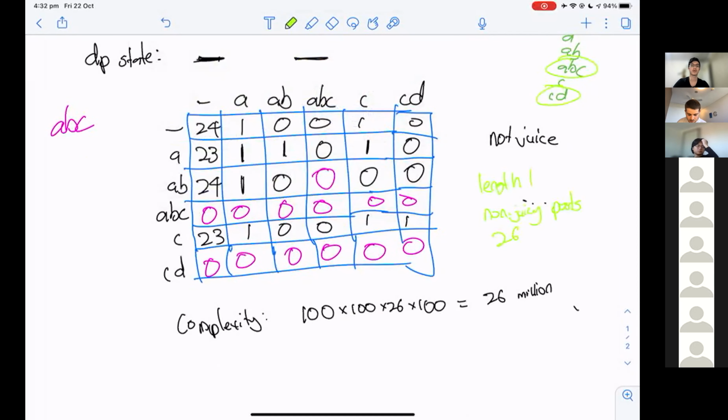Now, why is that the case? Well, if we start at a blank, then the sum of all these entries in every column for the first row is going to be 1 for every length 1 prefix, and every remaining character will be in the first column, unless there are any length 1 buzzwords, where we put a 0 because we put 0 in columns corresponding to the buzzwords. And so the sum of this first row is the number of length 1 non-juicy posts, which I guess means if k equals 1, we've solved the problem in a very convoluted way.